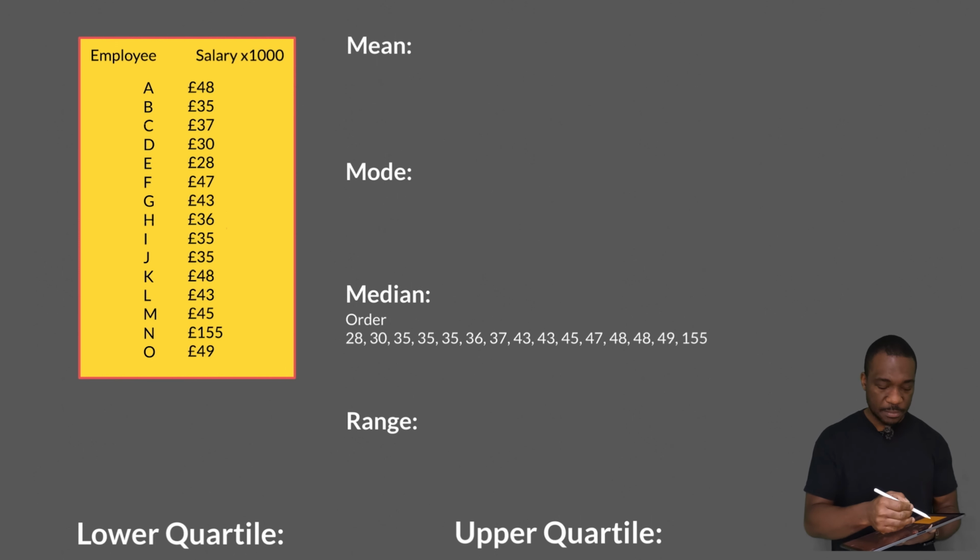You calculate the mean by adding all of the different salaries. Don't forget that we have to times it by 1,000. So this person is 48,000, 35,000, and so on. And then we divide it by how many different salary points we have. So first of all, let's go ahead and add all that up. So when we add all the salary points up, we got 714,000 in total. We divide it by the 15 people that are working there,